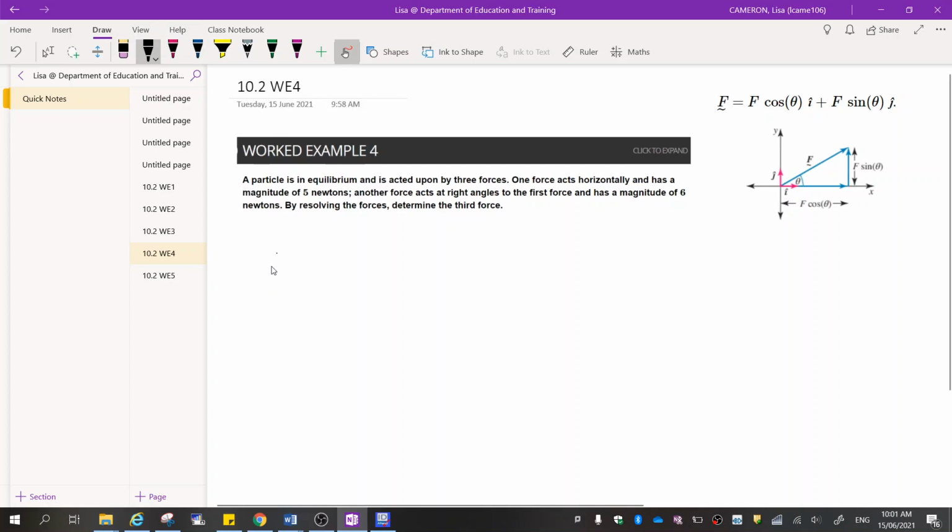So we're making our force diagram. One force is going 5 newtons horizontal, one is going at a right angle to that, 6 newtons, and then we're trying to find this third force here. Now, we're resolving the forces, so that means we know that it's still going to be the same. F3 plus F2 plus F1 is going to equal 0. But now we're breaking it down into its i and j components,